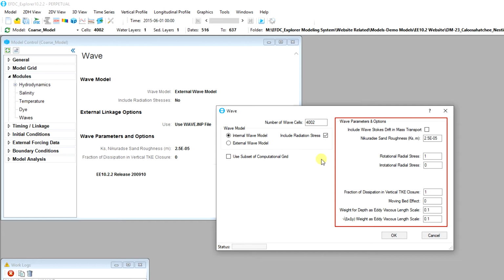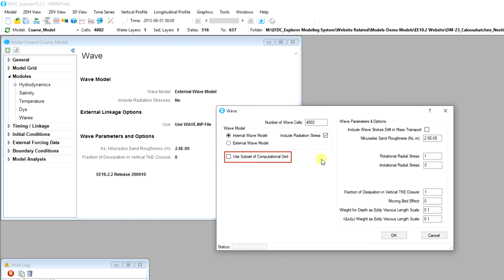The internal wave model is capable of internally generating wind-induced waves for bed shears only. This can also include the radiation stress for the whole water column. These options allow the simulation of wave effects and resuspension of sediments inside EFDC+.